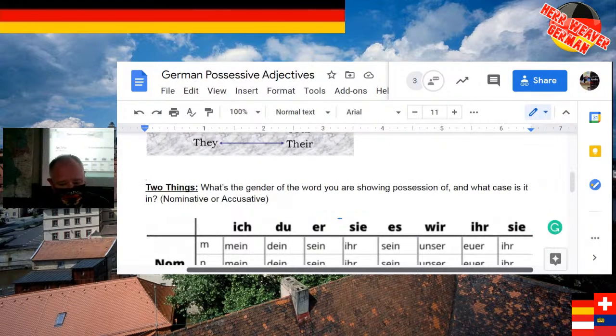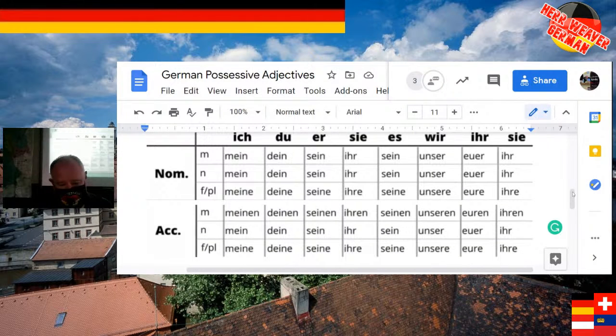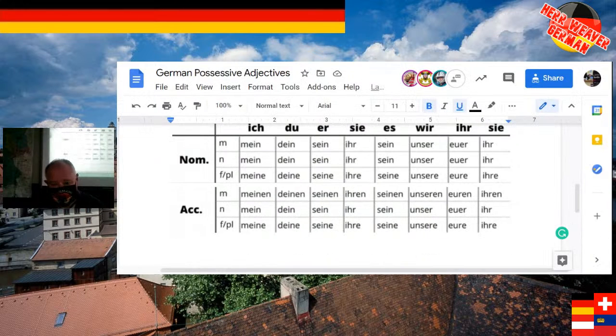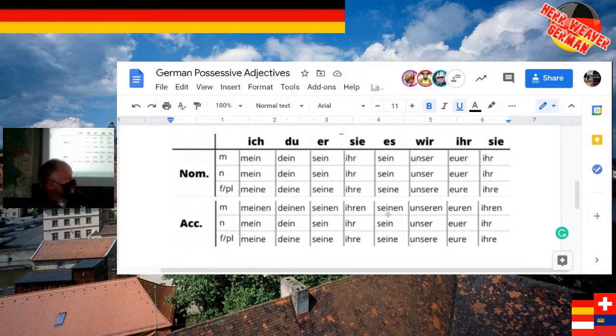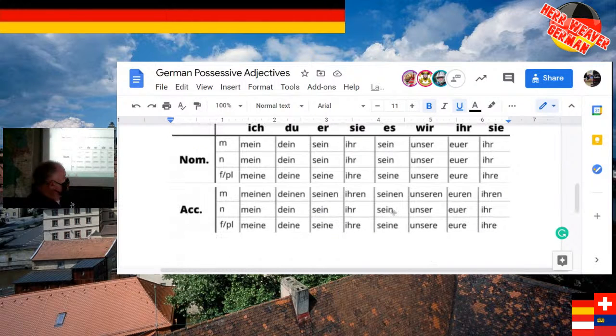But let's, I kind of copy and pasted this in a couple of different sections here. Wish I could make that where it's, that might help. Okay, good. Now this is something you've seen, but that's kind of all of them here. Now the only one that I see that's left out is the formal you. Ich, du, er, sie, es, so I, you, he, she, it, we, you plural, and then they.